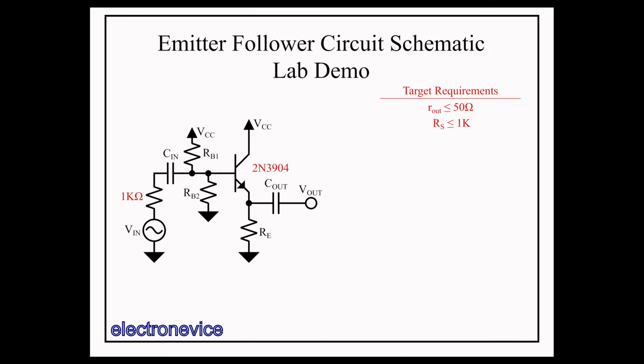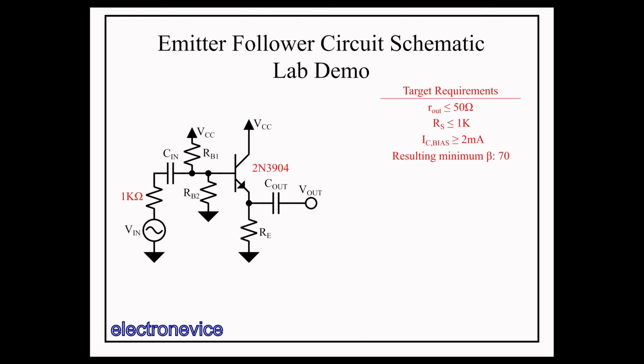So with the 1k resistance, we need the circuit to perform a factor of 20 reduction in impedance. According to the 2N3904 datasheet, the optimal collector current for maximum beta is 10 milliamps, resulting in a minimum beta of 100. However, 10 milliamps is a lot of current and we don't want to burn more power than we need for our buffer. And this will also result in a base current of 100 microamps, which will make our biasing resistors have to be smaller, which might reduce our gain too much. Let's instead go with 2 milliamp collector current, which has a minimum beta of 70, which should work better.